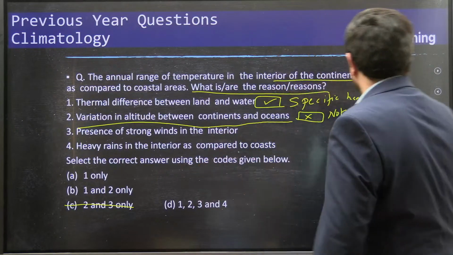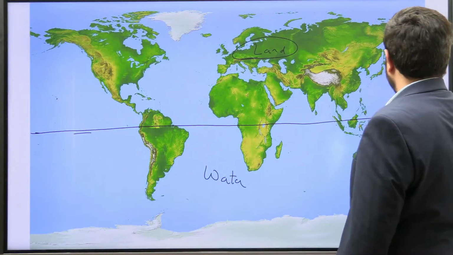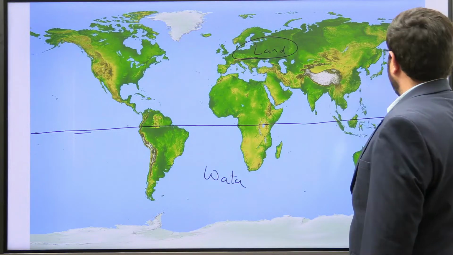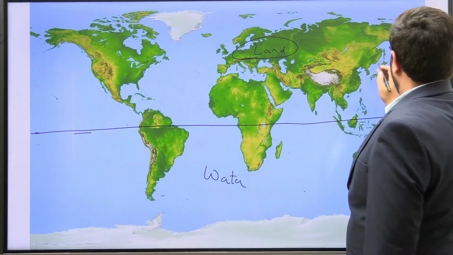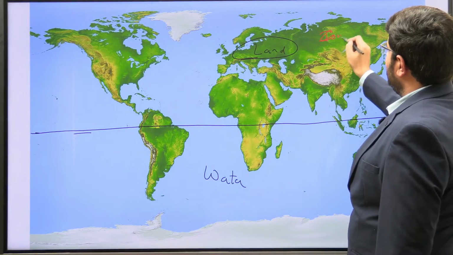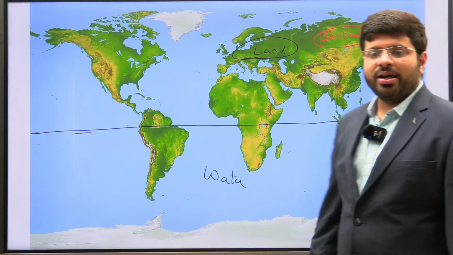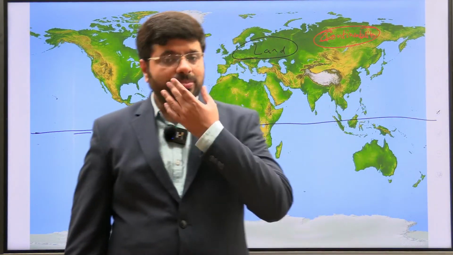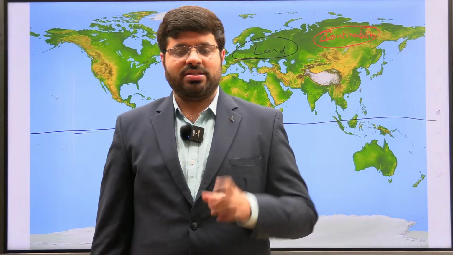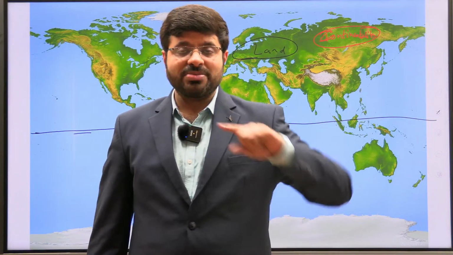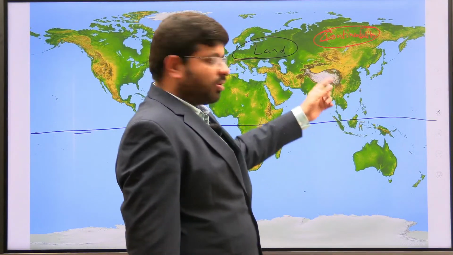Imagine you take the same example. Now you know you have seen that this is the continental, this is the continentality concept which you have. Siberia. The temperatures of Siberia in winter are quite extreme. Almost minus 30, minus 40 degrees is the norm. In summer, they'll have 10 to 20 degrees Celsius. The difference is almost 50 to 60 degrees between summer and winter. This is the annual range. When you talk about this annual range, it is because of being far away from the ocean. That is the reason we call it the continentality concept.